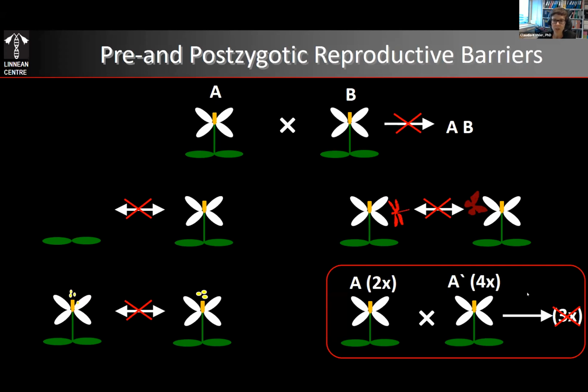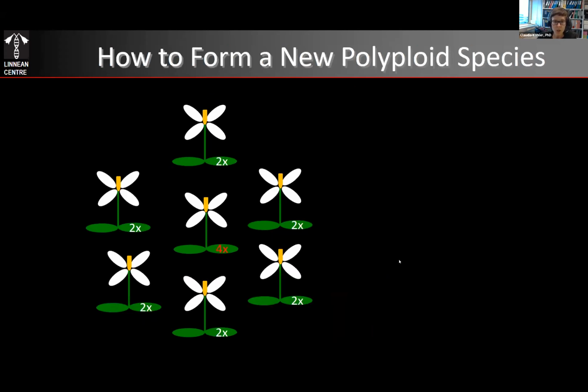Is this question relevant? Well, we think it is, because it provides one of the explanations for how a newly formed polyploid plant can establish itself as a new species. Because polyploids arise very frequently in nature as a consequence of unreduced gamete formation, which is also a relatively frequent event. However, when a newly formed polyploid is formed, it is still surrounded by members of its